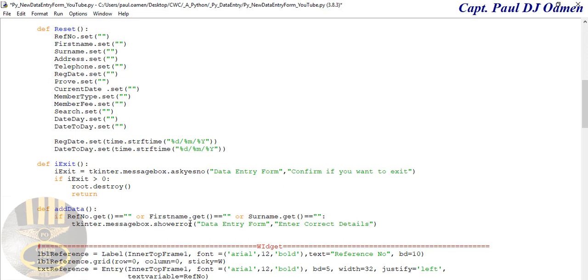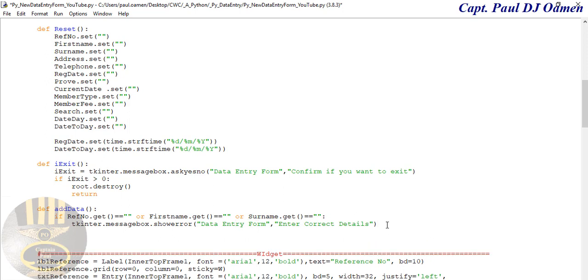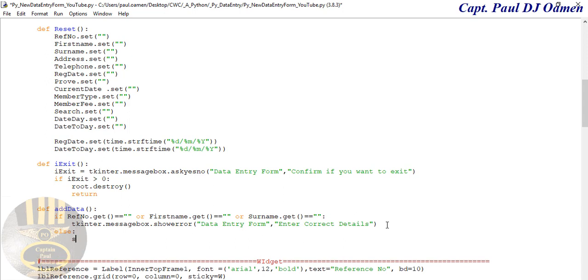I think this might take 2 arguments as well, I don't know, but if it doesn't, we just delete it. So let's see, might as well give it a try and see. Else, I want the system to do this. I'm going to create an SQL local variable, and that variable I'm going to call it